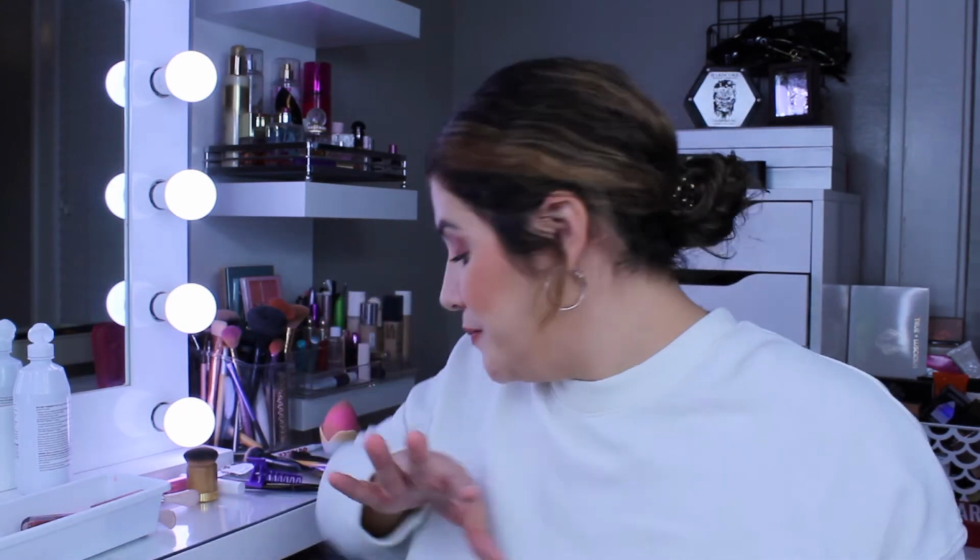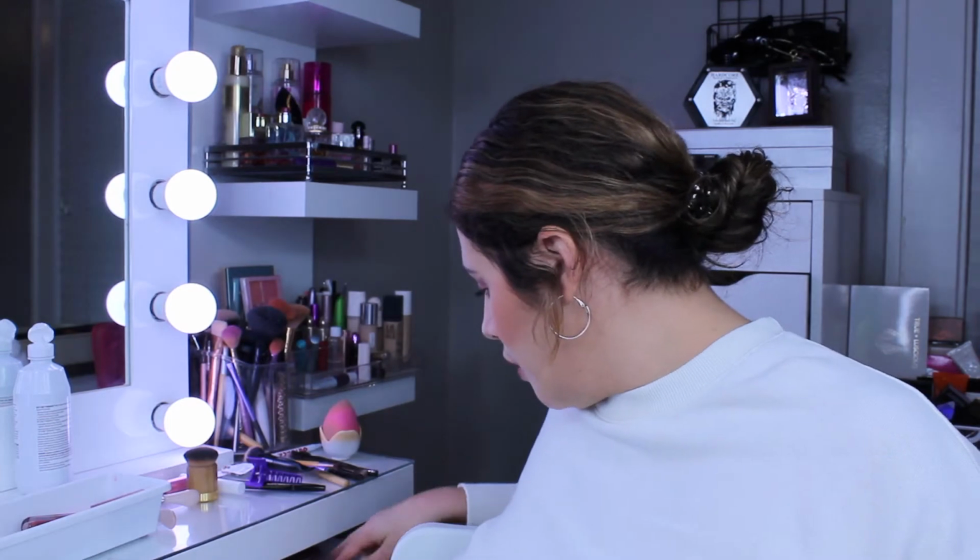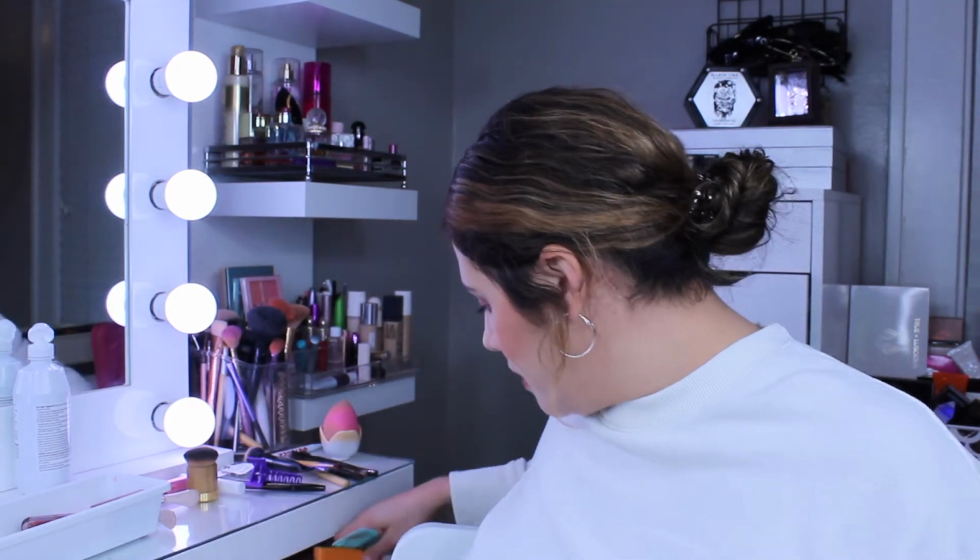So these are the 3 concealers that will be coming with me so far. So there is that. Alright, so we've got our foundation, our setting powder, and our concealers. Okay, primers. I always forget about primers sometimes, so let's go ahead and figure out what primers I want to